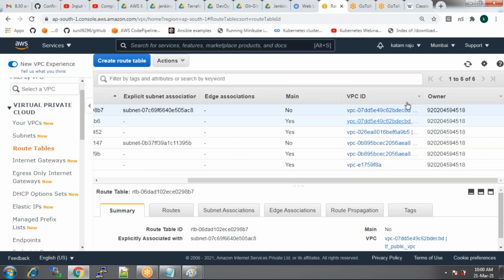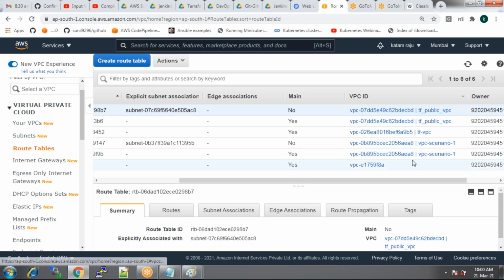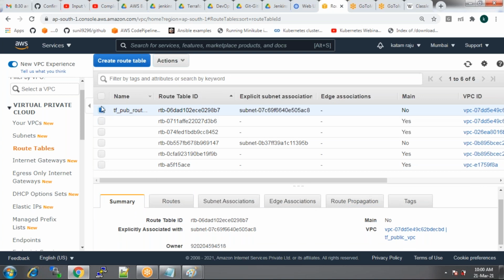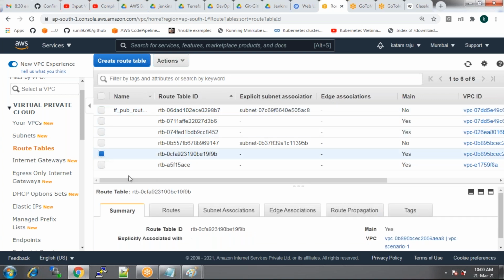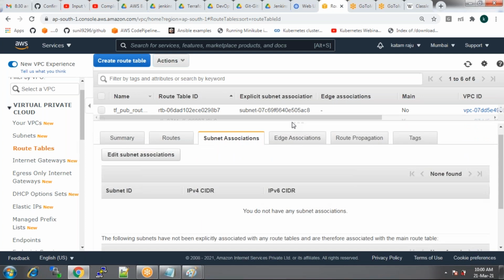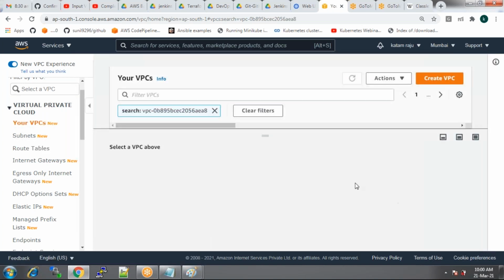So which one is the one we have created? It is scenario 1. This is the one. When was it created? Just now. The date and time won't be there, I guess. That's okay. I think this is the one. So there it is, the VPC, and also the subnets. You can go to the VPCs. So go to the summary. Then you have VPC scenario 1, and that VPC has your subnet.